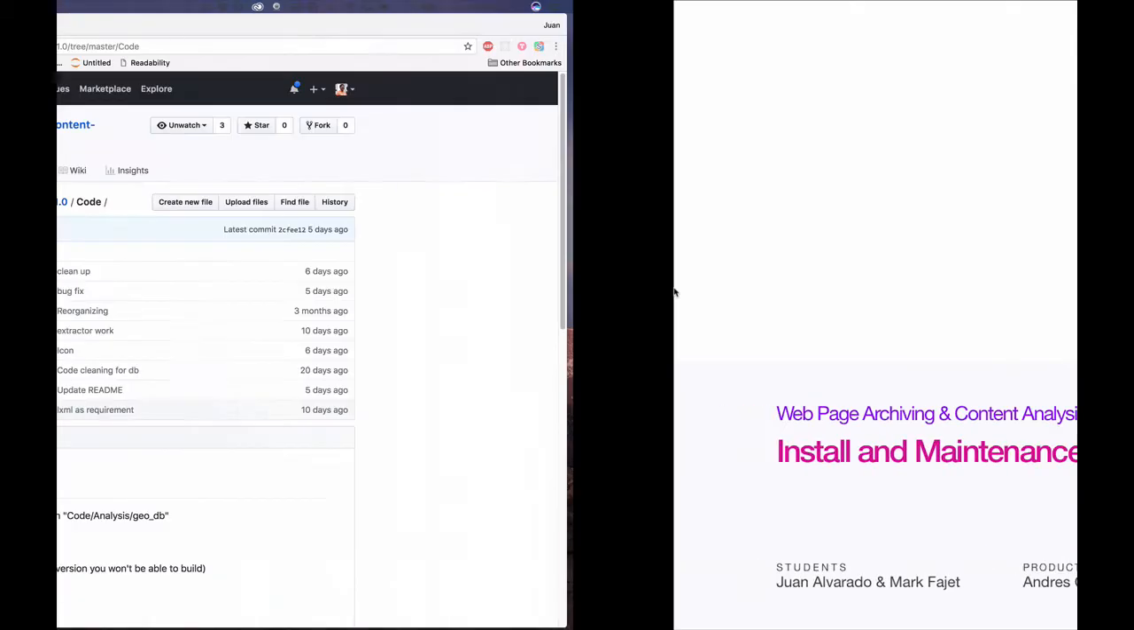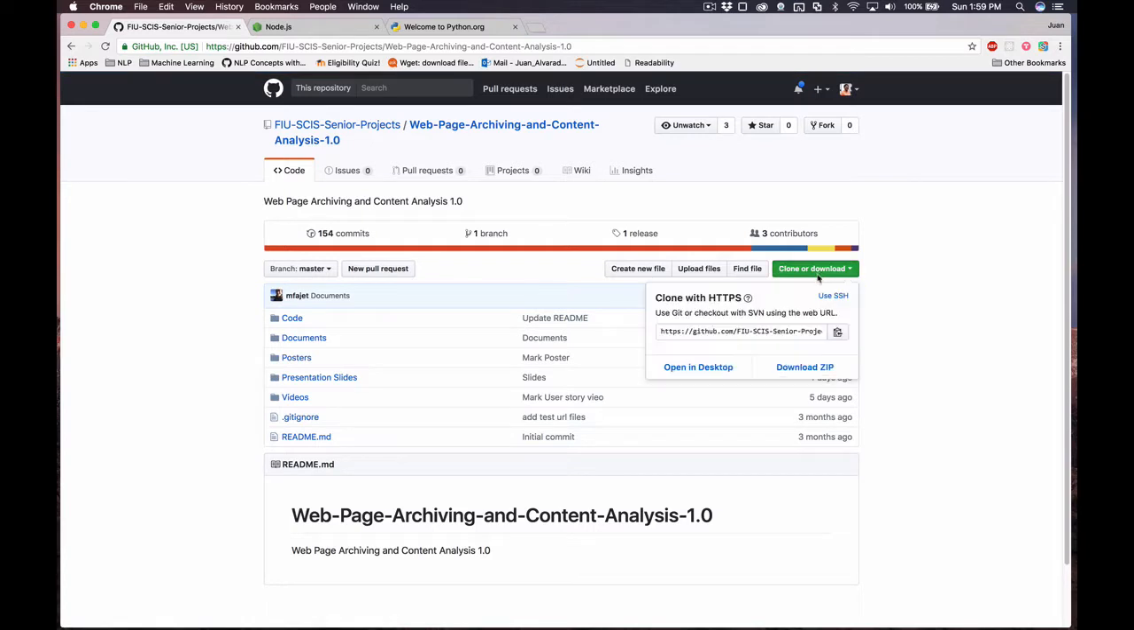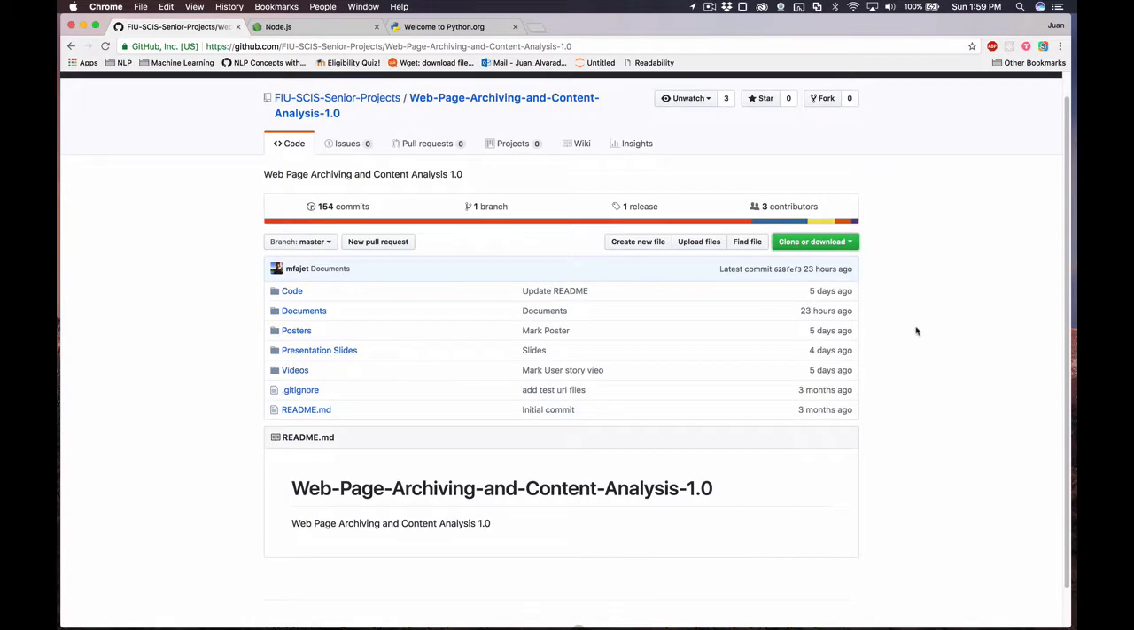So let's get started. First of all, the first thing you want to do is head over to the GitHub so we can download it. I have the page here, and the first thing you want to do is clone the entire repository. For this, you will need to have Git installed,